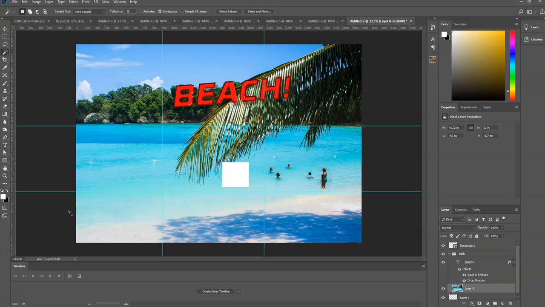Alright, so the individual dots that make up an image are pixels, and that's pretty much everything that I want to cover for our